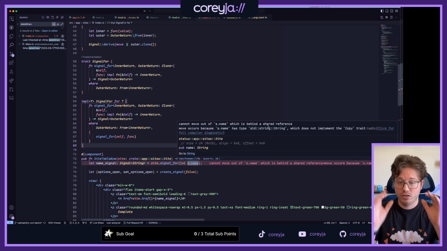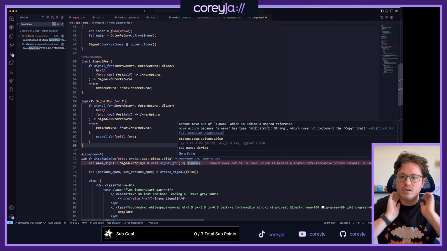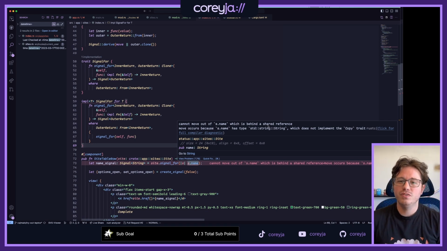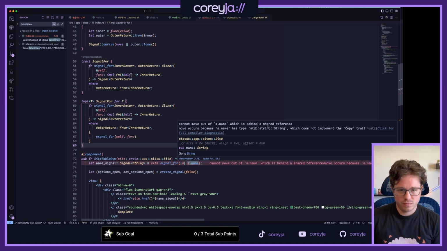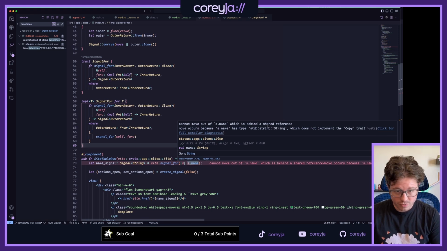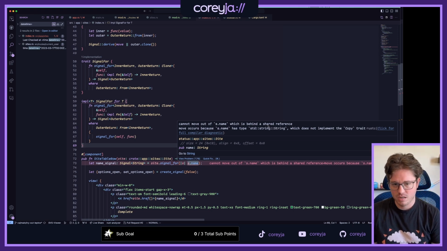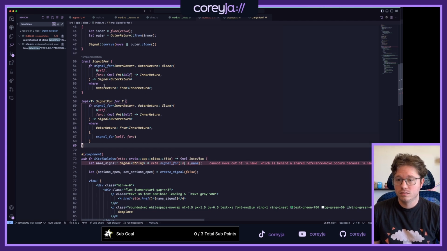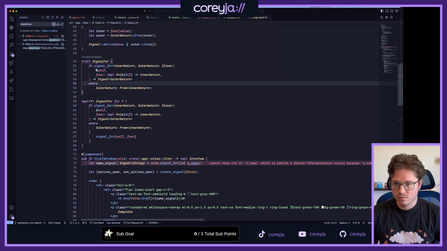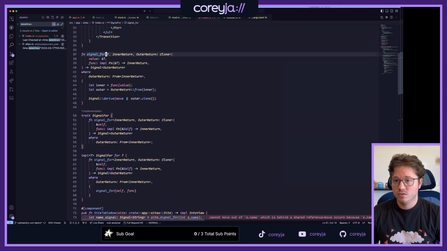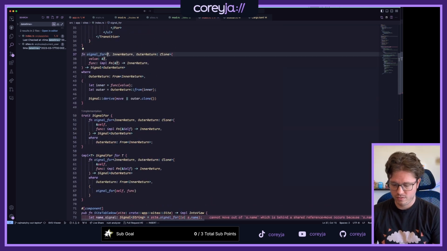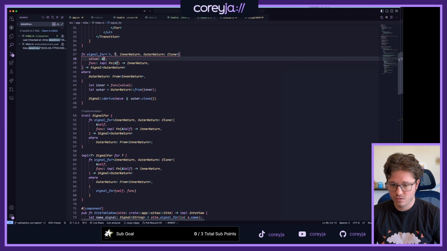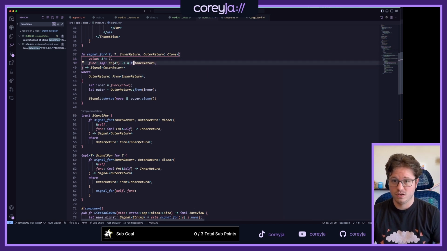Dang. Okay, so inner return. Well, no, inner return could be... can't move out of s.name, which is behind a shared reference. Move because s.name has type String, which does not implement Copy. Yeah. So what if I actually do have a reference to T, and that returns